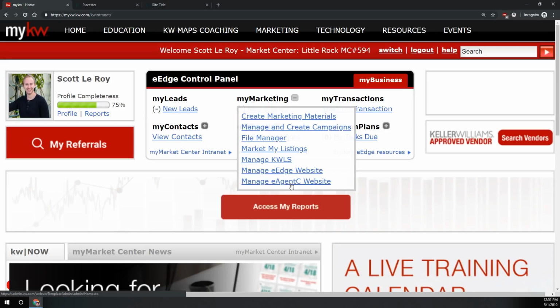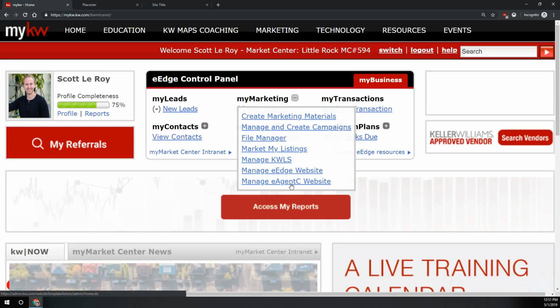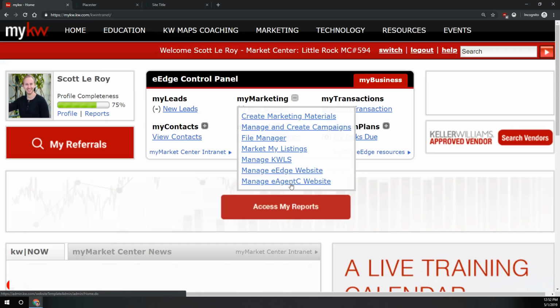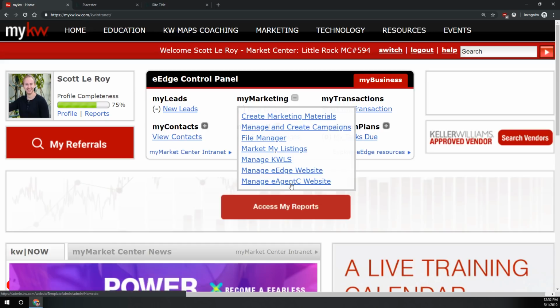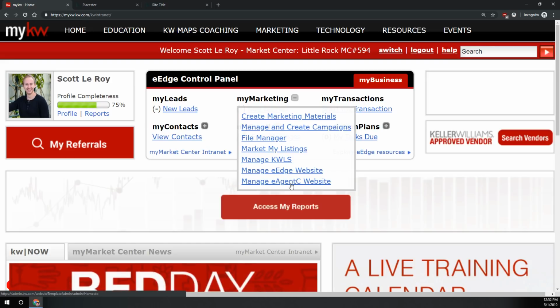Over on the left, you're going to have section 1, 2, 3, 4, and 5.0. You're going to click on section 4.0, and then underneath that, you'll click on section 4.5, mobile property search. On that page on the right, if it's not already selected, in the drop-down, select the name of your market center. Just below that, it's going to have a link that says